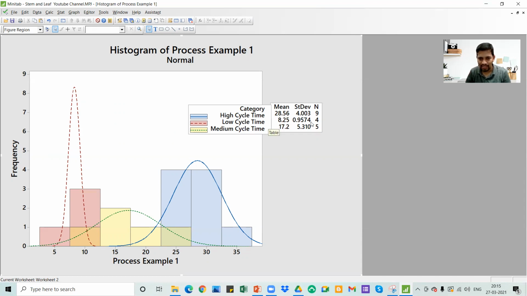Low cycle time, this is the low cycle time, and medium cycle time, you have these values. So like this, any data, we can classify the data, and we can make it very visually appealing. That's how you can do it, right? Very useful.